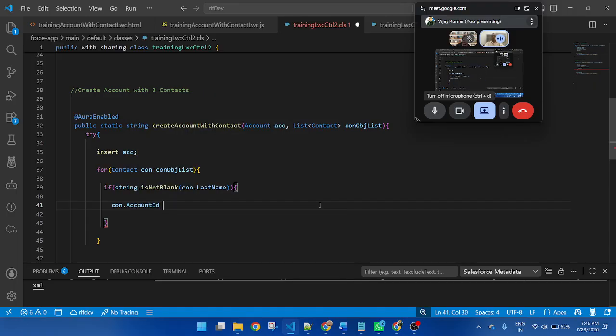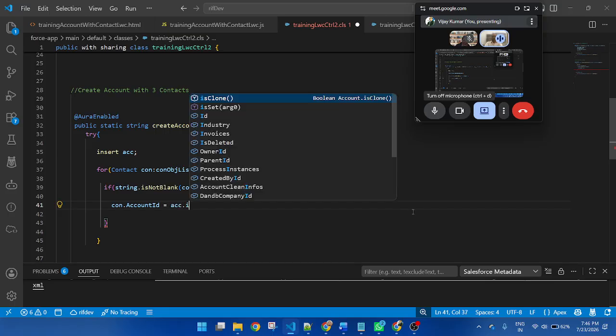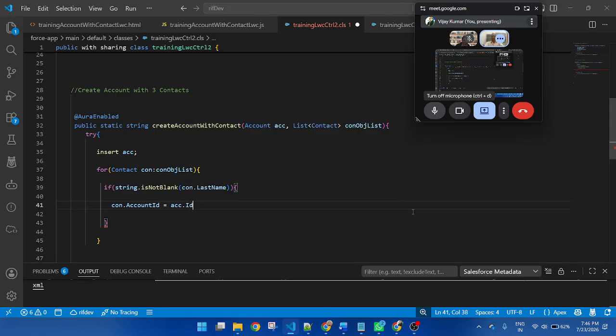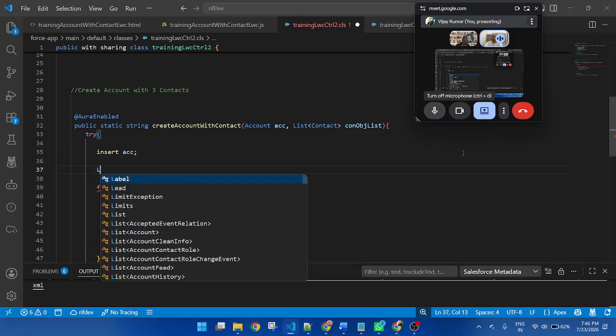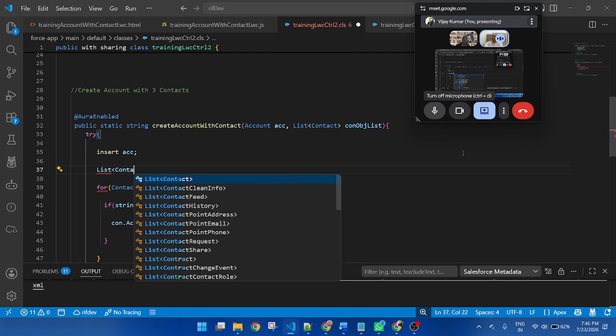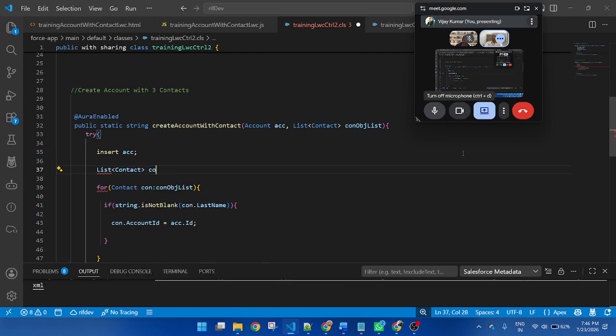Account ID is a lookup field. And here I will insert the newly created account record dot ID. Then create a list of the contact.